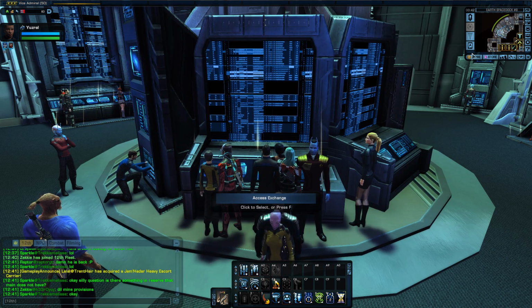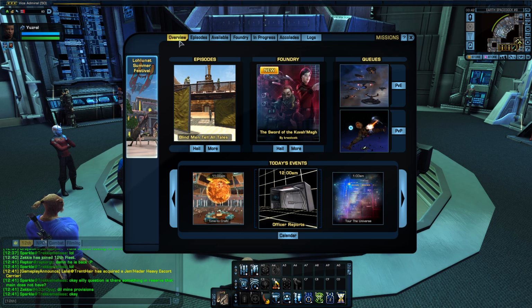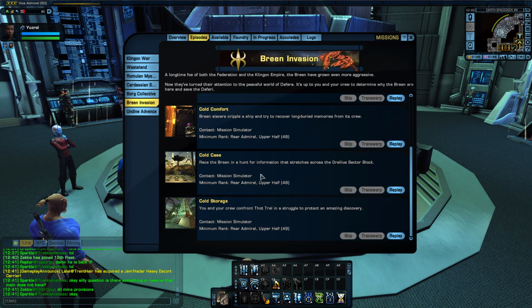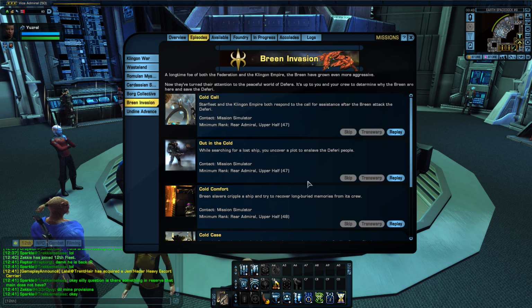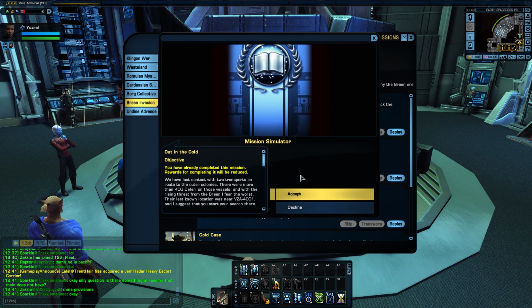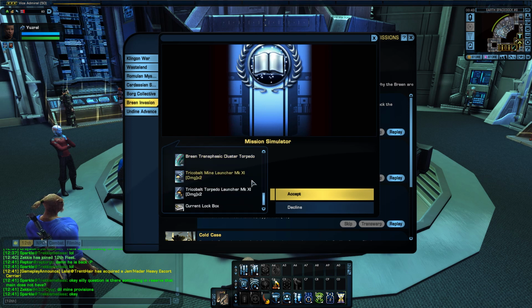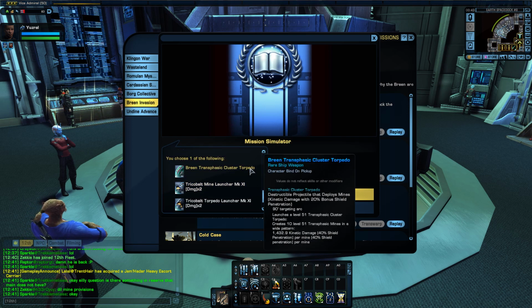For the 3rd slot, we're back to the missions. Specifically, we're back to Out in the Cold, another mission from the Breen arc. This has 3 rewards, all of which are pretty good in the slot. The cluster torpedo deploys a mini minefield that packs a fairly decent wallop, and you also have tricobalt mines or